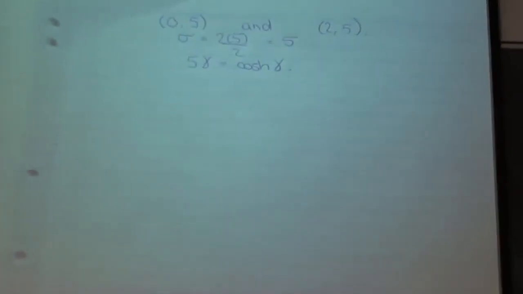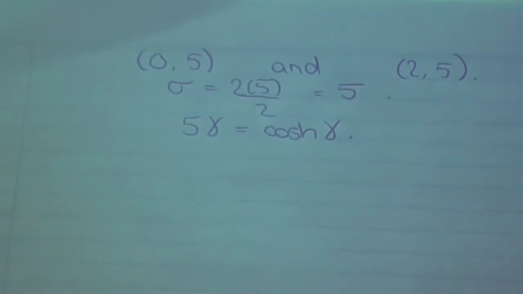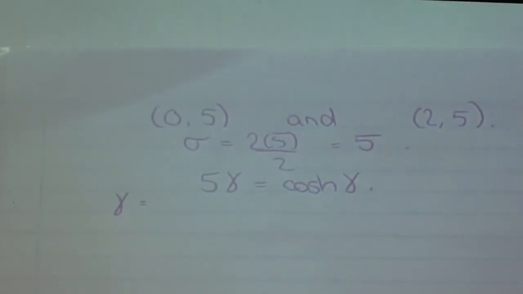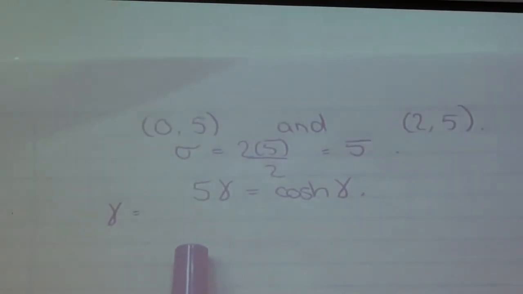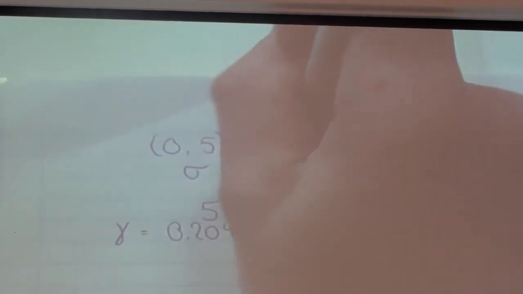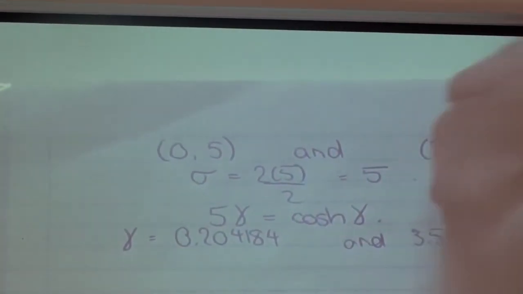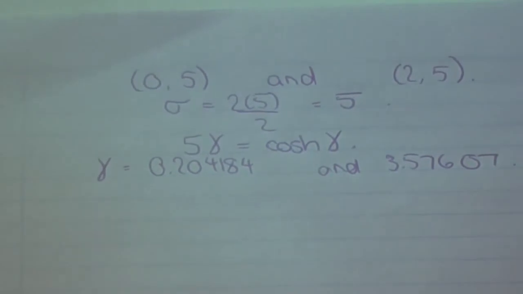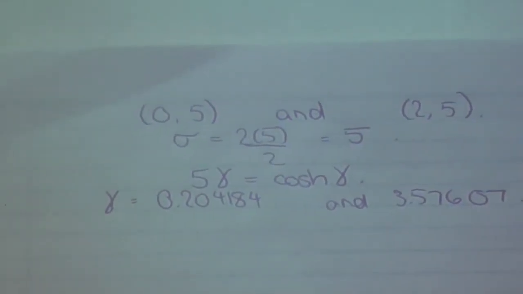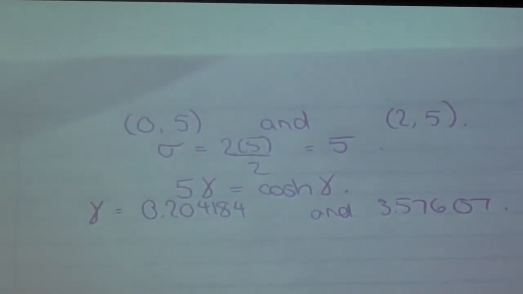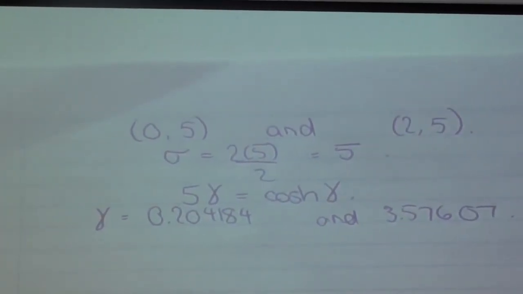So, using Wolfram Alpha, well acknowledged that it is, we find that this presents two solutions because the sigma is 5, which is greater than this critical value. And so we get two roots of gamma, which are 0.204184 and 3.57607. So these give us two curves, which could maximize, minimize, or be the other critical points of this minimal surface area function, which are